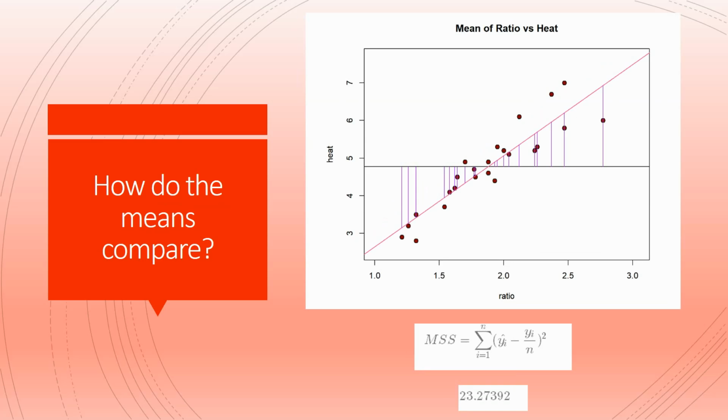Then we can also look at the means. The mean of each predicted y value. So if you collect a bunch of data for x equals 1, what are the mean values of the y's? And that's what that line, that line with the increasing slope, represents. The horizontal line represents the mean of all of the data points now collected. We can see what those means are and see how those compare, and we can see the calculation for that